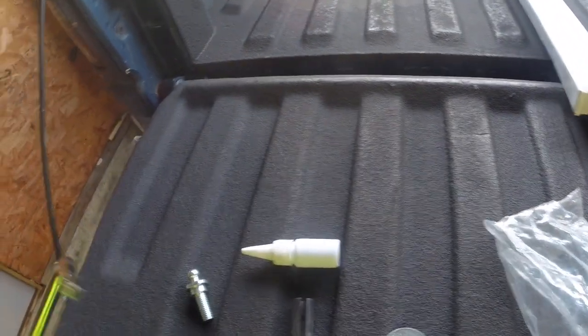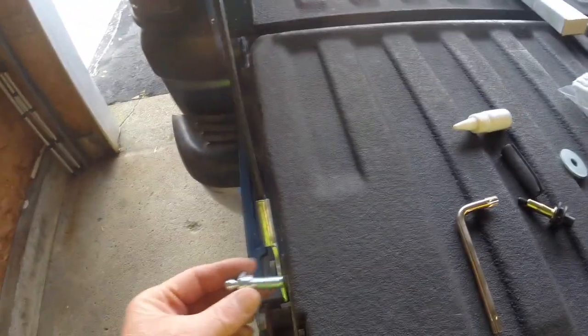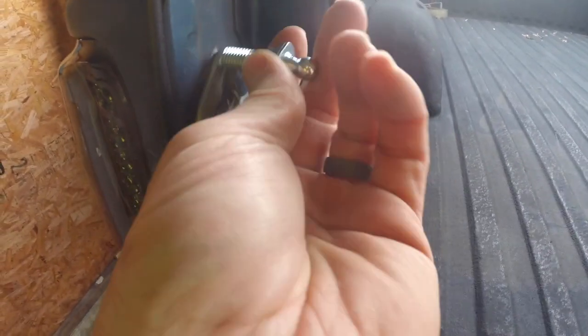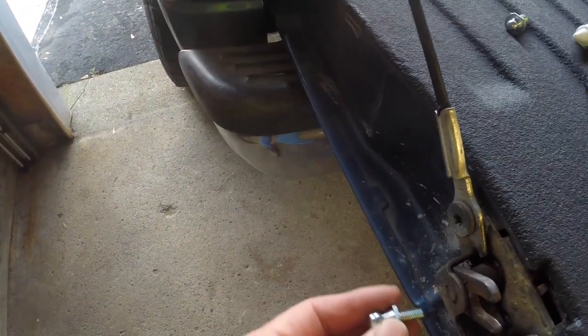I'm not certain where, man, I've got a problem holding the camera today. I'm not certain which end is what. If I had to guess, this whole cable comes off of this side, and that's gonna go in there just like that. And then the nutsert is going to go up in this area someplace, maybe, or no, that comes out of there like that. The cable stays on, this goes on there, and then this nutsert gets put in someplace down here, and then this gets screwed into the nutsert. But I'm not certain where to drill the hole at,